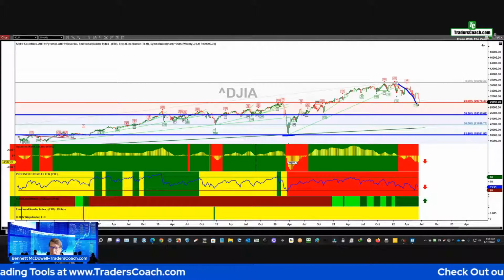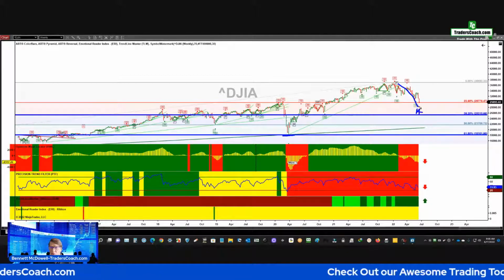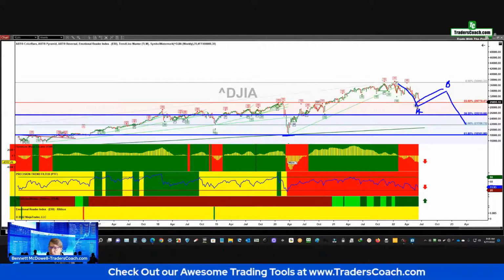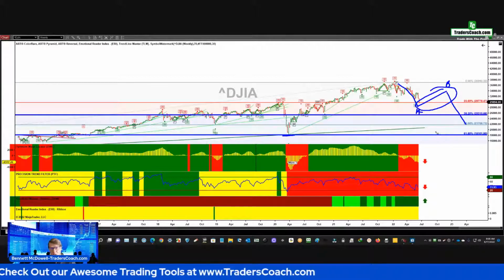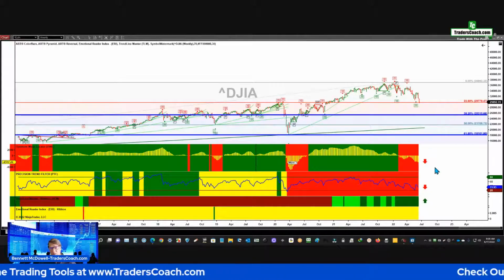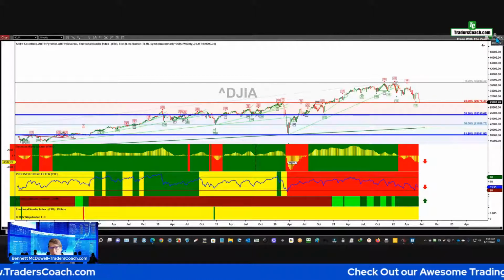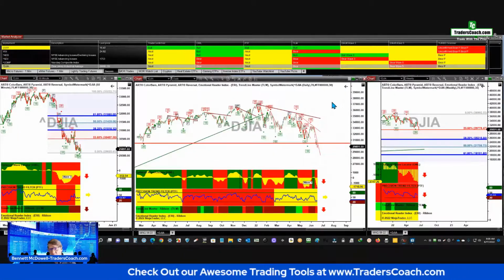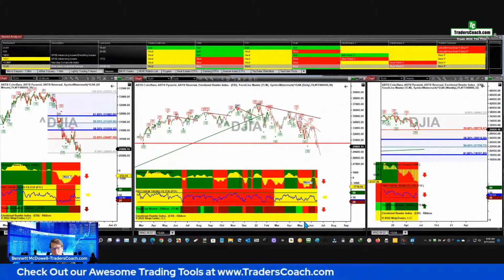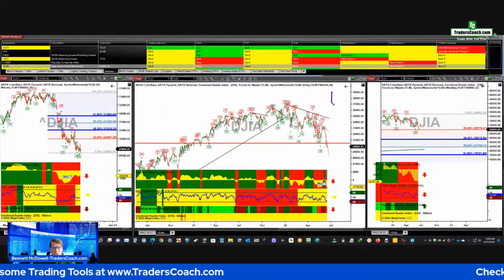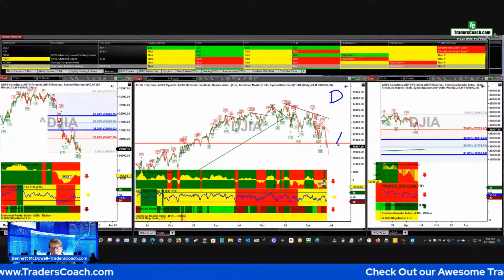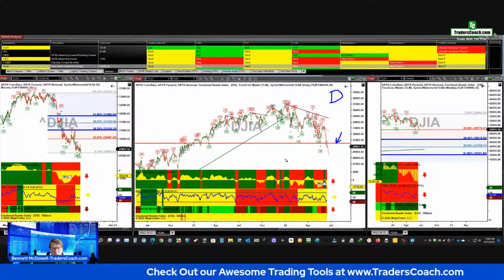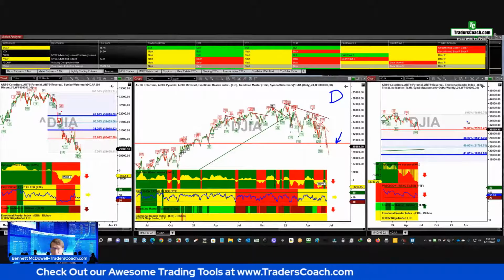So this is A wave, probably will go a little further, then B wave, and C wave. B wave can last several months, and it's bullish. So a lot of people will think the actual correction is over. I'm just going to warn you, don't get lulled into that. From what we see, this is just the beginning of a more extended correction. This is the daily chart in the center. We were waiting for prices to go below this support level before we declared a more confirmed long-term correction. And that occurred, of course, last week.